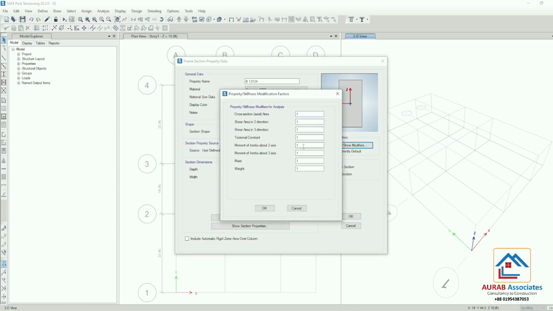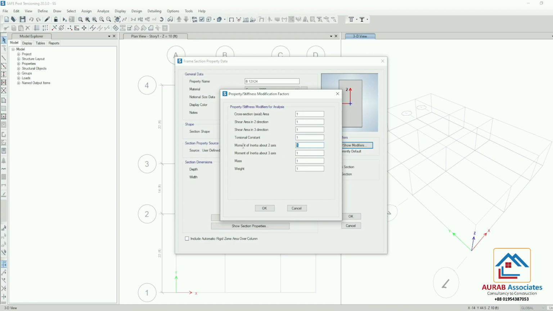Property modifiers. Actually here we are not designing column or any beam, but when we design beam in ETABS, sometimes we have to use torsional constant as 0.001 or 0.01, which generates some additional moment in slab. To calculate or to reduce that